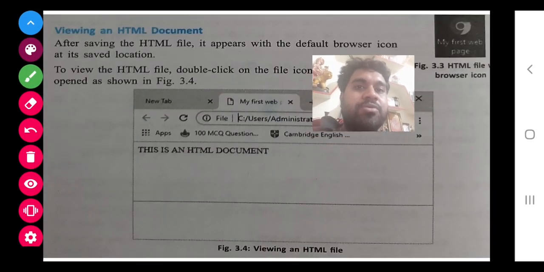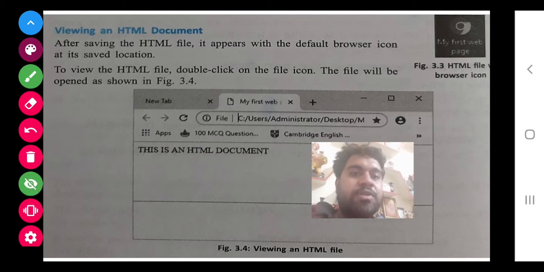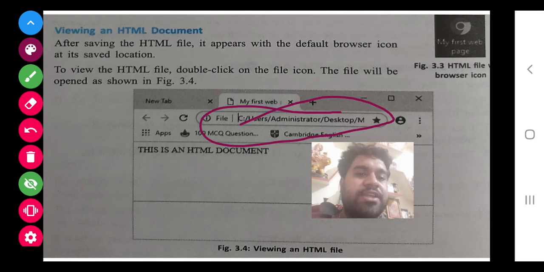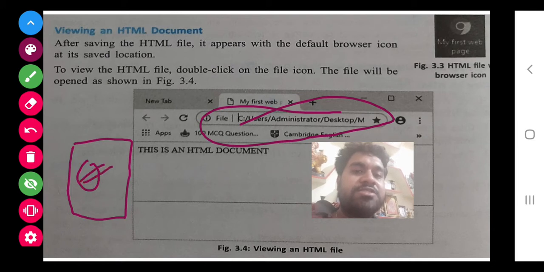Now if you want to view your file, then what are you going to do? For viewing, you will open your Explorer, or directly click on your file which is saved on your desktop, and the browser will open. Or you can open your browser and write the address of your file in this part. That is very difficult to learn, because the address goes through C drive, user, administrator, then desktop. So it is quite better to click on your file on the desktop. Just double click on it and you will get the result.